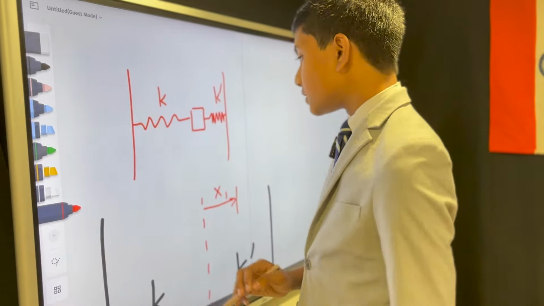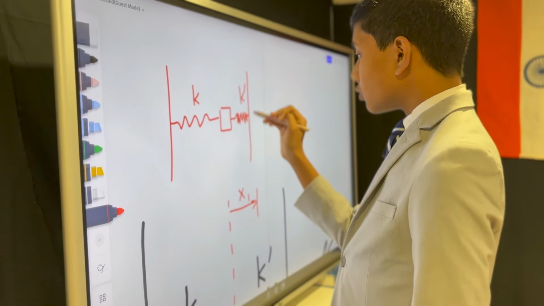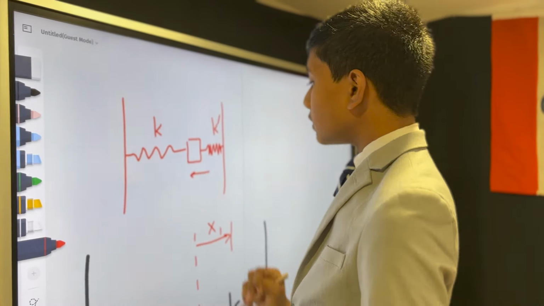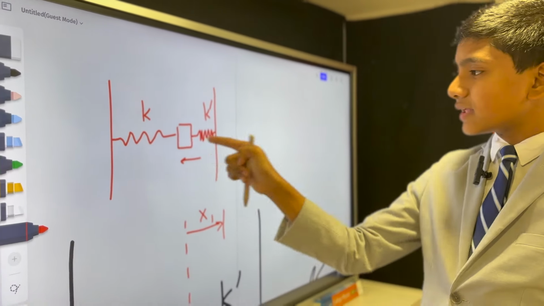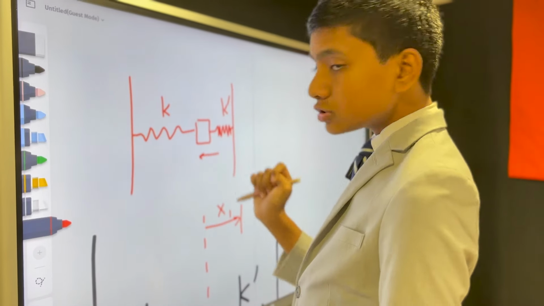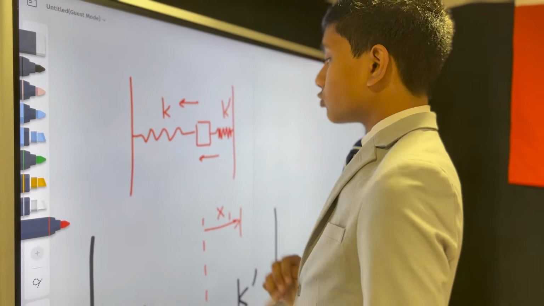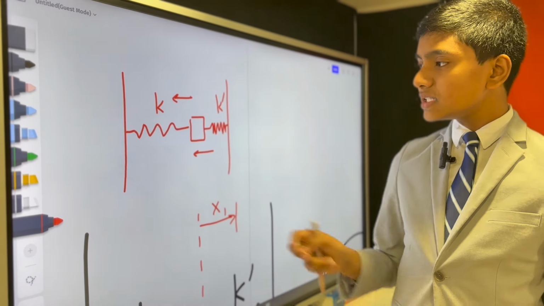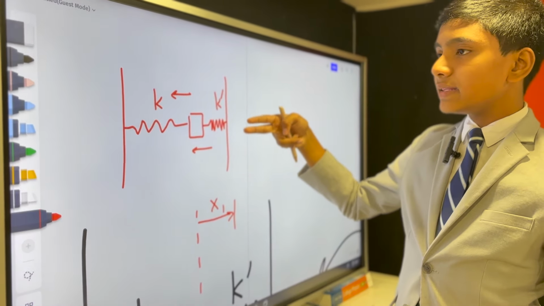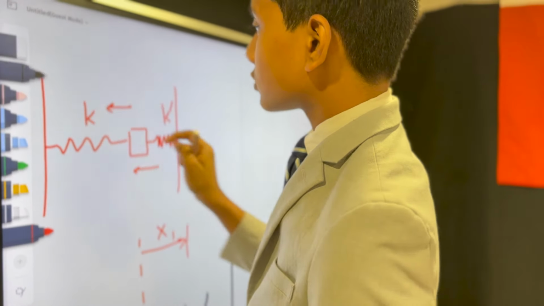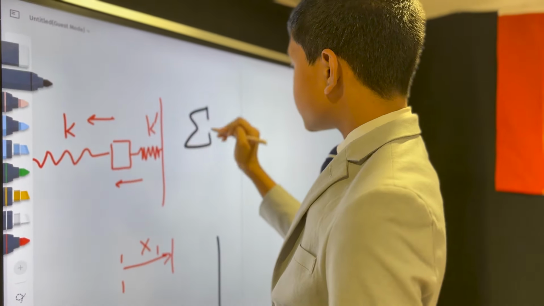So what direction is the restoring force? Well, for this one, of course, it wants to go back to its original state in the middle, so it's going to approach the middle like that. And for this one, it also wants to go back to its original state in the middle, so it's also going to approach the middle like that, which means both of these forces will be in the exact opposite direction as x1, making the restoring force just,